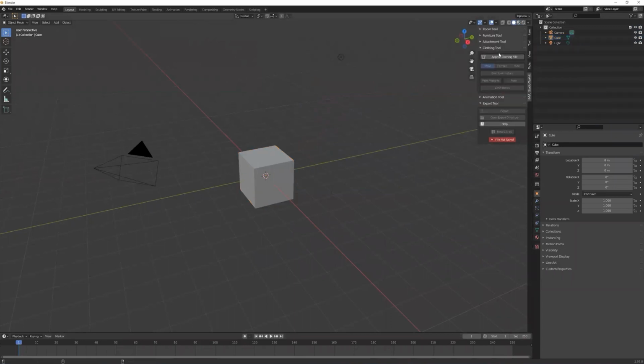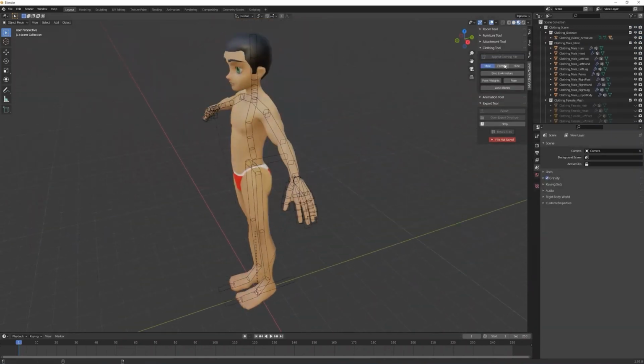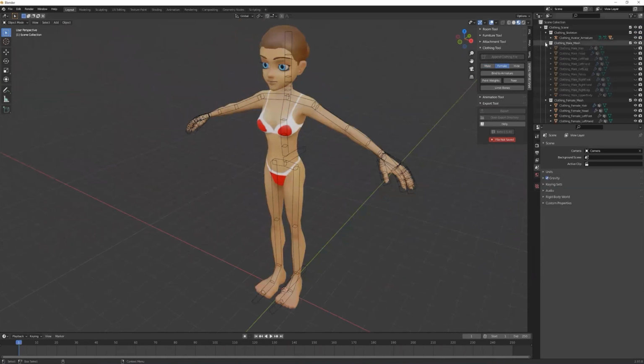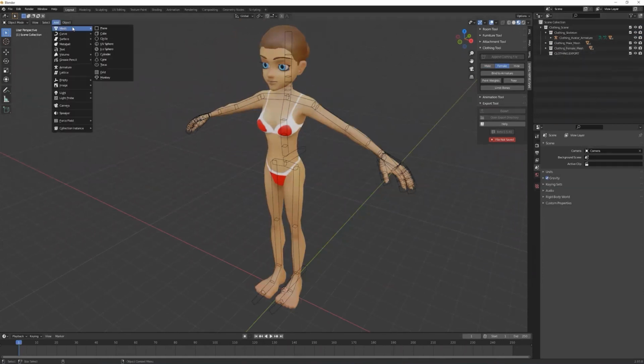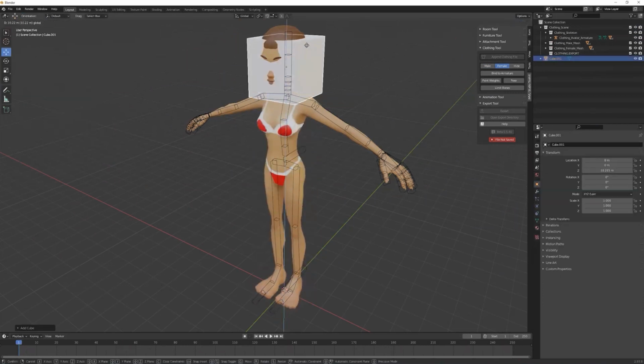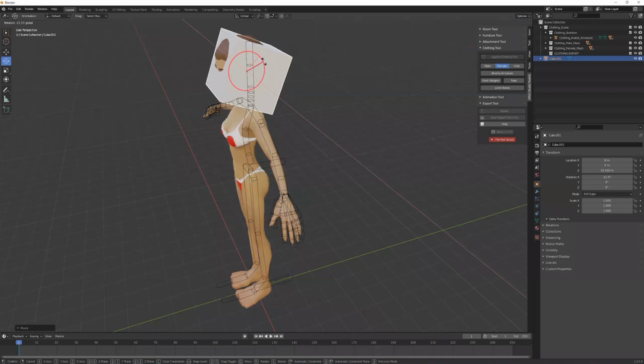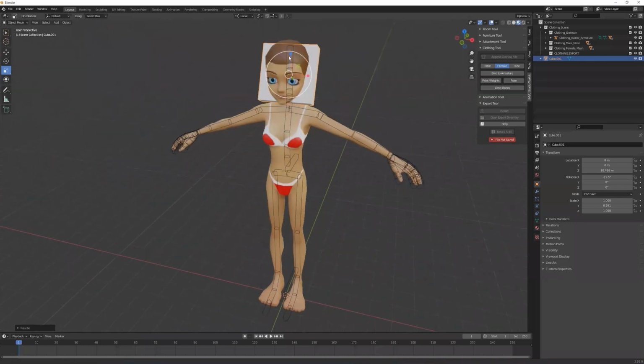I go into the clothing tool here. If you bring in a hair mesh, I guess I'll just make a hair cube. There you go. There's some luscious hair locks, or cube locks. There we go. If that's your hair,